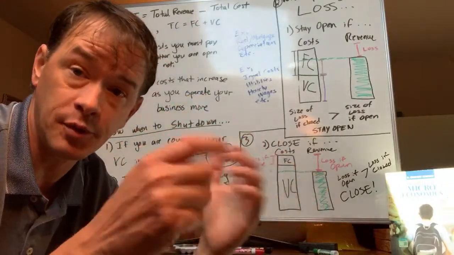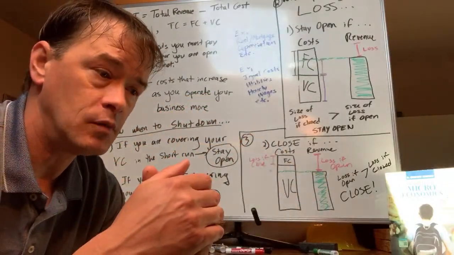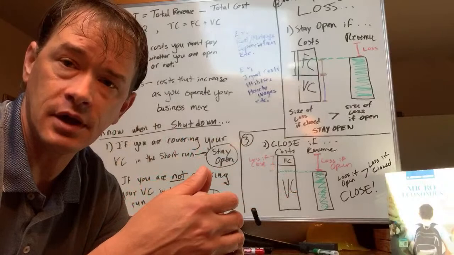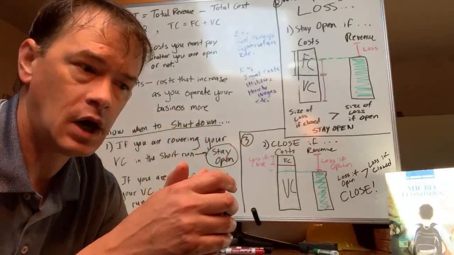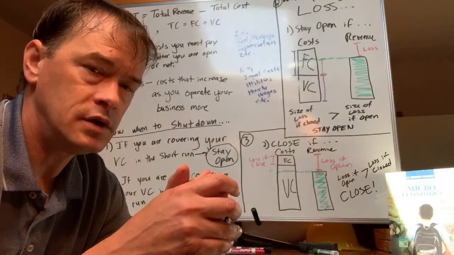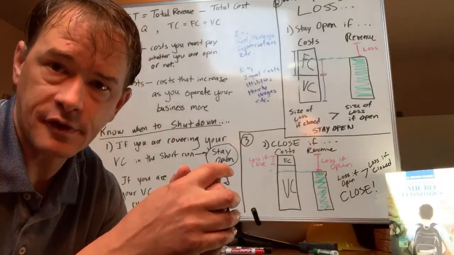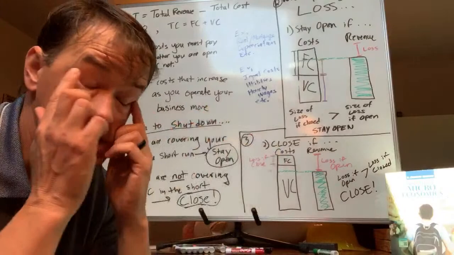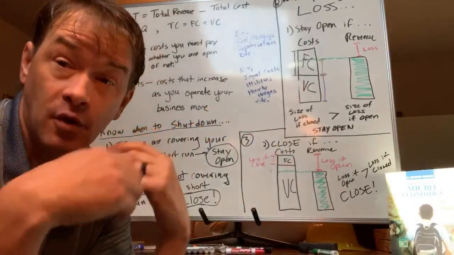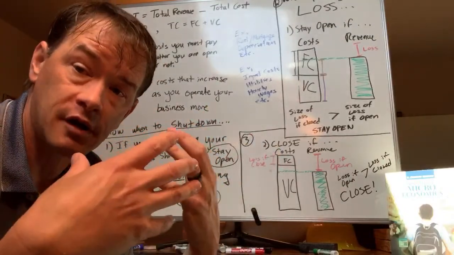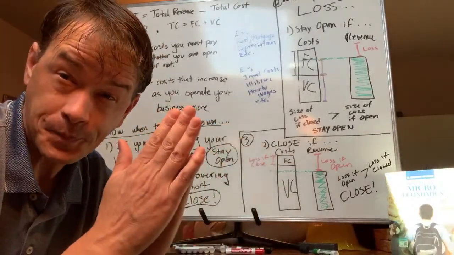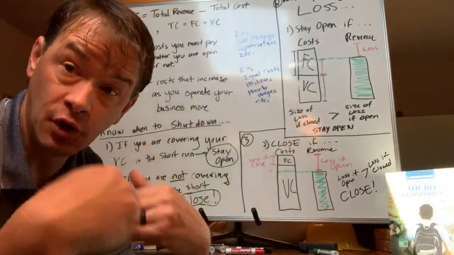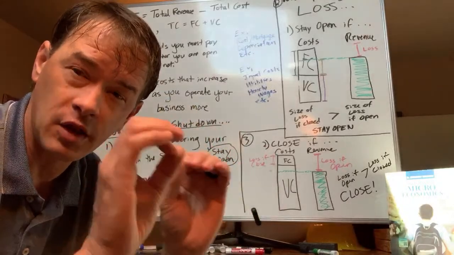How many hours you give your people, how many inputs you buy, how many latex gloves, masks if you're in medical. What your power bill is, and then divide it by your patients, basically. And so you'll know your marginal cost is every bit of your cost that comes. So every time a customer comes through that door, what does it cost you? Because if they're not coming through that door, you don't incur that cost. So it's all about variable costs.